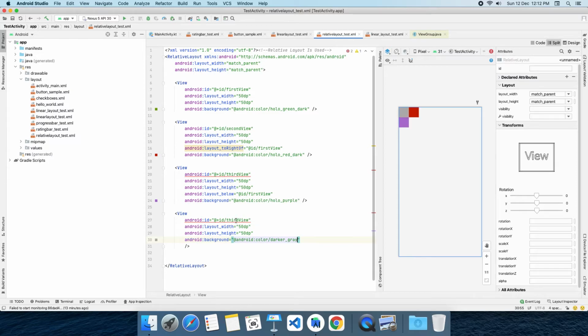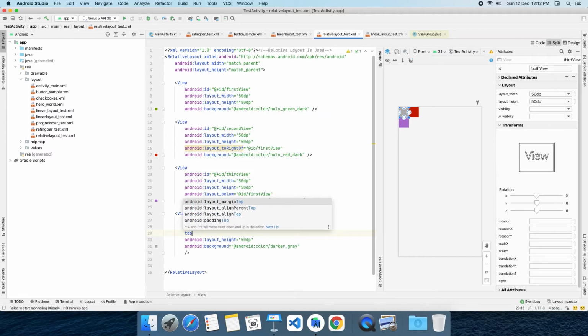Now position this fourth item to the top right of the parent. Search for the top property, alignParentTop. Align parent top equal to true. Simply give true. So this gray color view is now at the top.